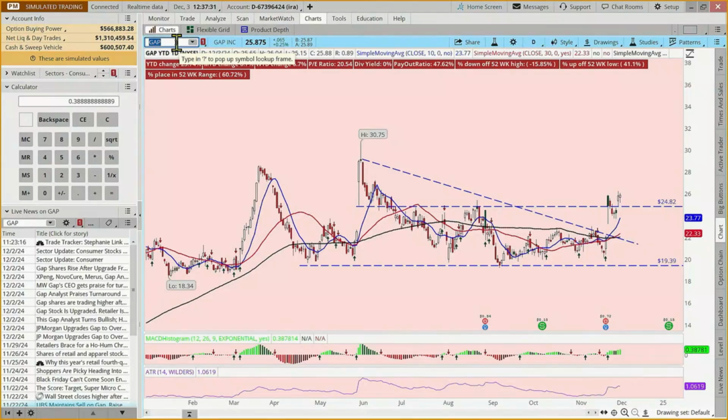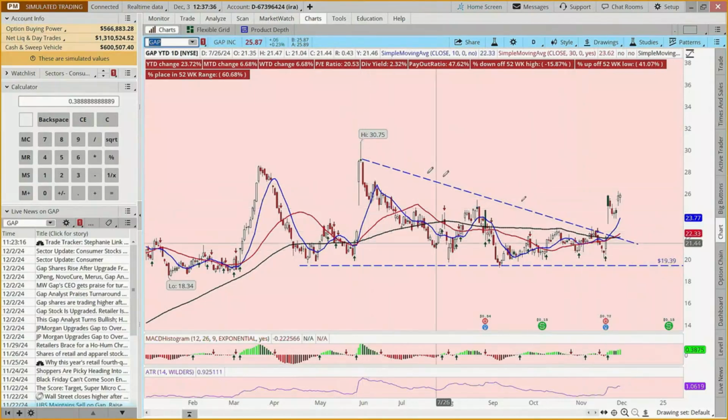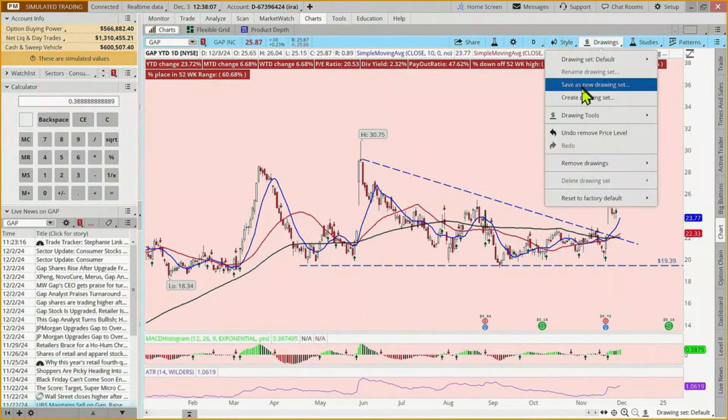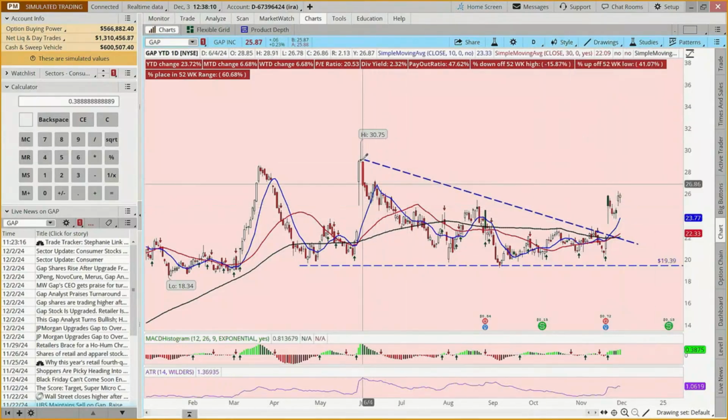Here's another one, gap. And I drew a couple of lines because I might say, I see a diagonal resistance breakout here. It pulled back and is now moving again to the upside. Others might say, well, you see that, Barb. And you could say, I see this pennant pattern where we had kind of more like a series of equal lows and lower highs where it broke out. And you could measure it again the same way of going from here to here.